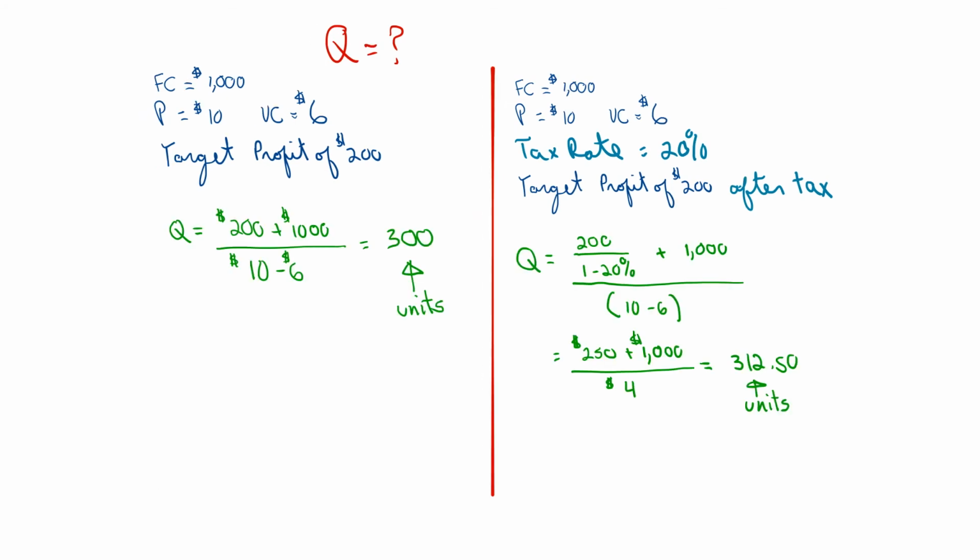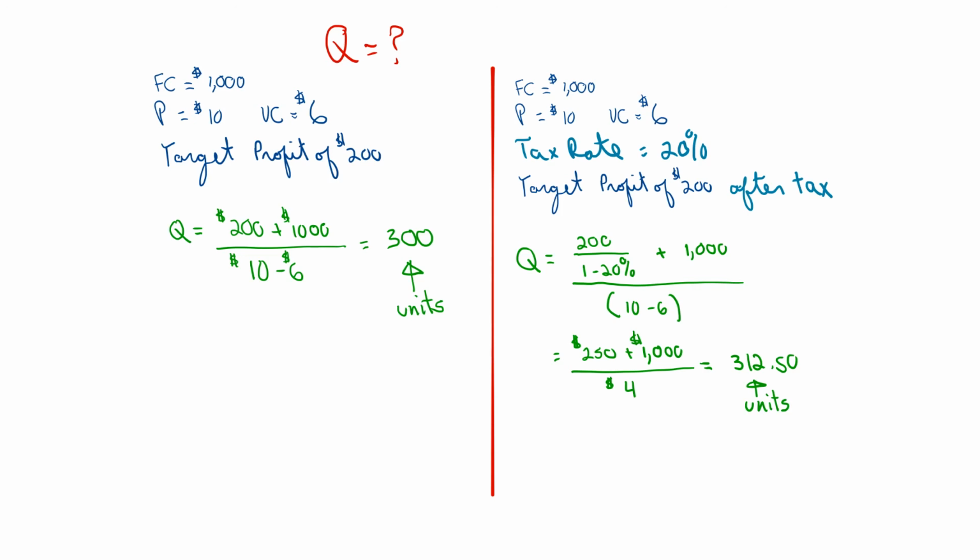Here are the solutions for the first 2 problems. We have a fixed cost of $1,000, a price of $10 per unit, variable cost of $6 per unit, target profit of $200. So the formula is profit, 200, plus fixed cost, 1,000, divided by the contribution margin. And the contribution margin is the price minus the variable cost. So this is going to be equal to 4. And if you do the math, it turns out that 300 units will generate a profit of $200, assuming no